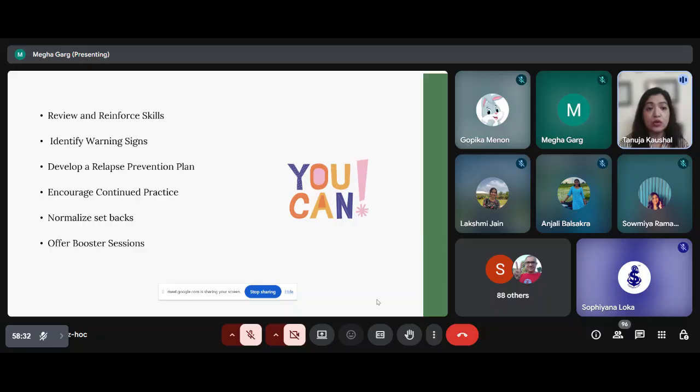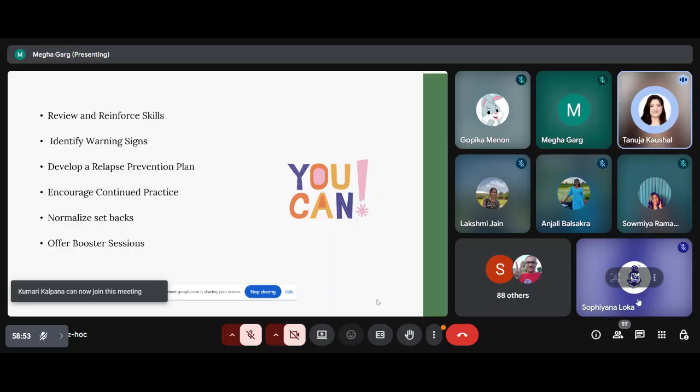Identify warning signs. Now you help them learn how to identify a red flag sign. So for example, somebody with depression, and you have really worked on behavioral activation, they were not able to get out of their room at all when you started therapy, but now they are maintaining a decent schedule. They are going out, meeting friends, going for workout, going for the dance class, attending few classes. But now,